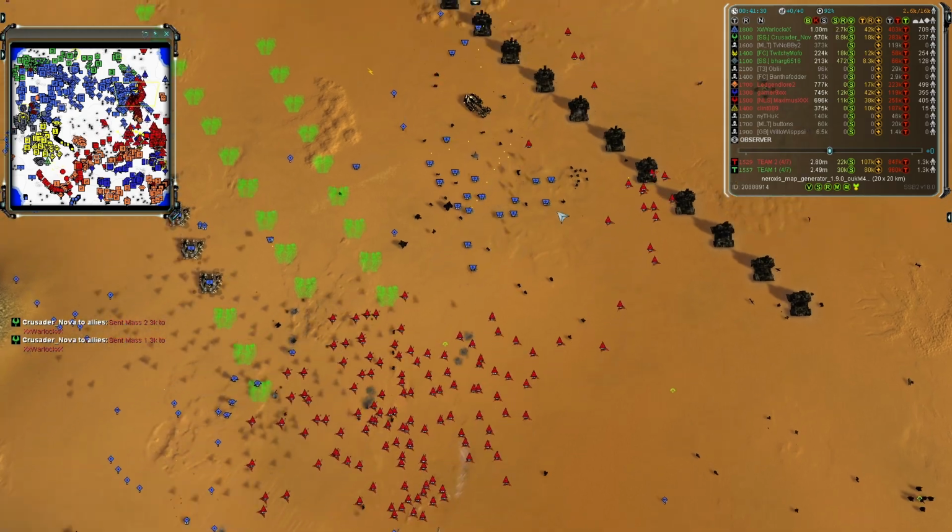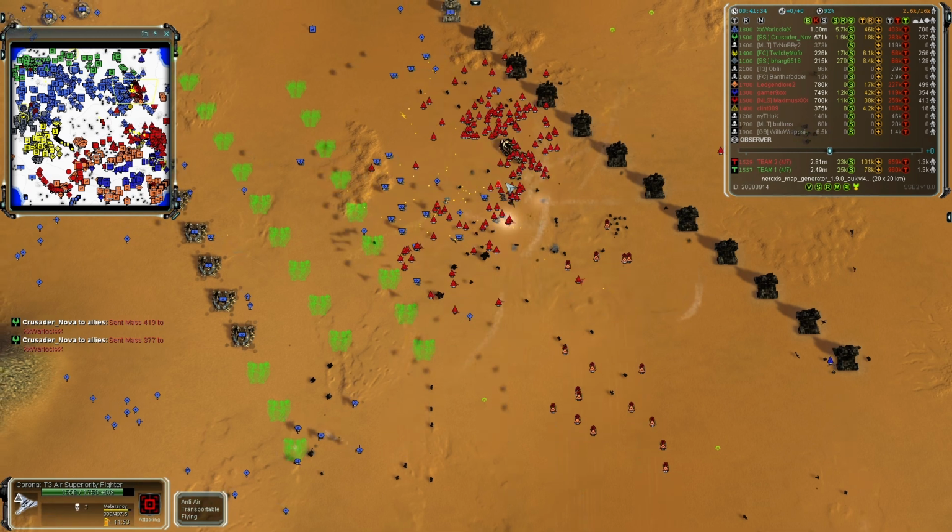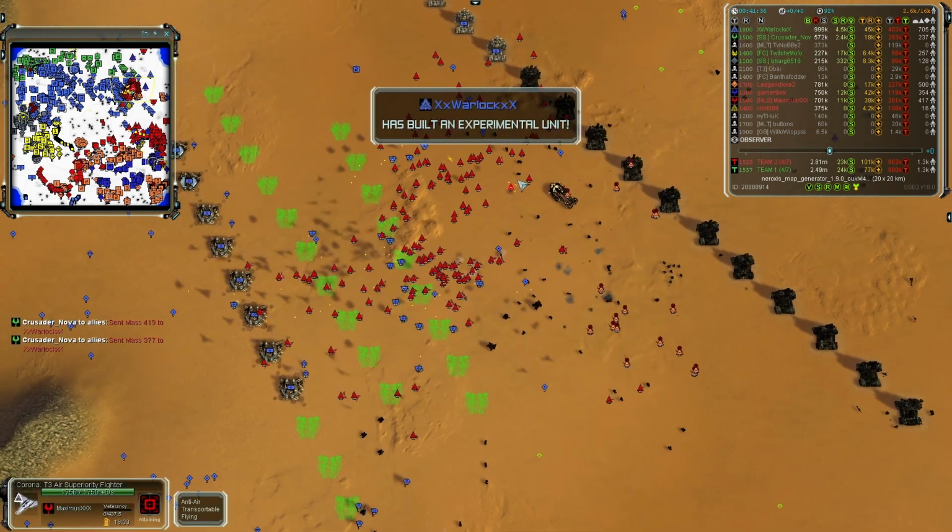The horde of ASFs comes in. The Whalers are on the ground, not the best position for them to be in, and will be wiped out by the ASF here from